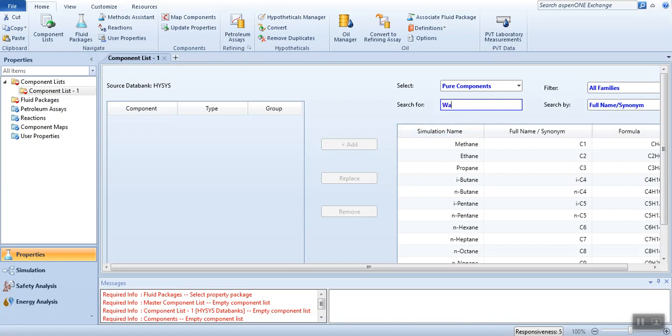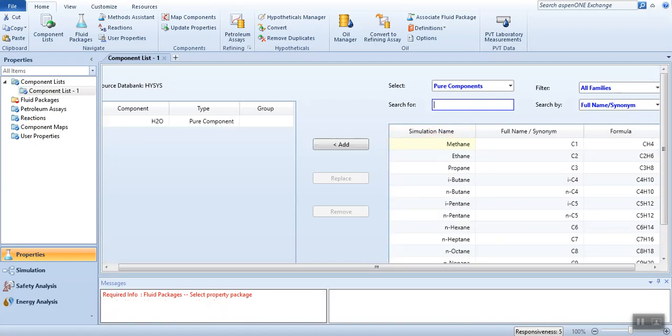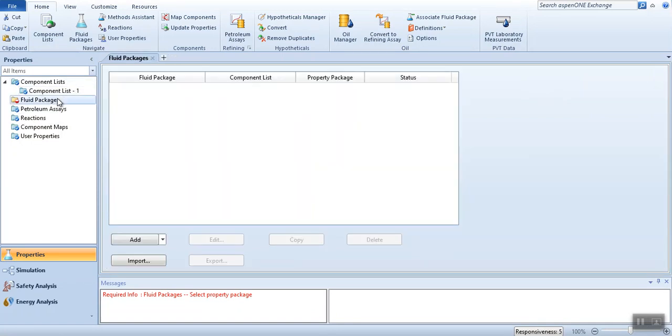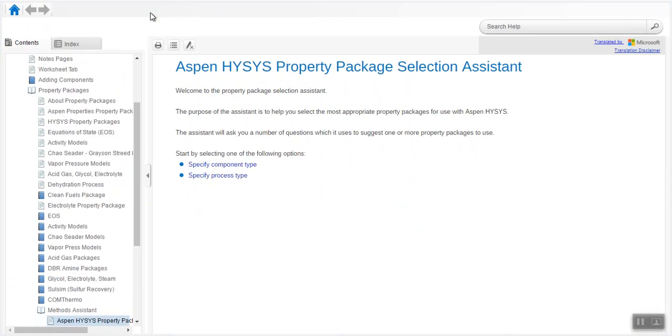First thing to do is to select water as the component, as explained in previous videos as well. For the fluid package, as we have discussed in our previous video related to thermodynamic property package selection, I will give its link above in the video, or in the description as well. We have two options to generate steam tables: ASME steam property package or NBS steam. So today we will discuss these two property packages by using the method assistant. Click here, ASME steam.